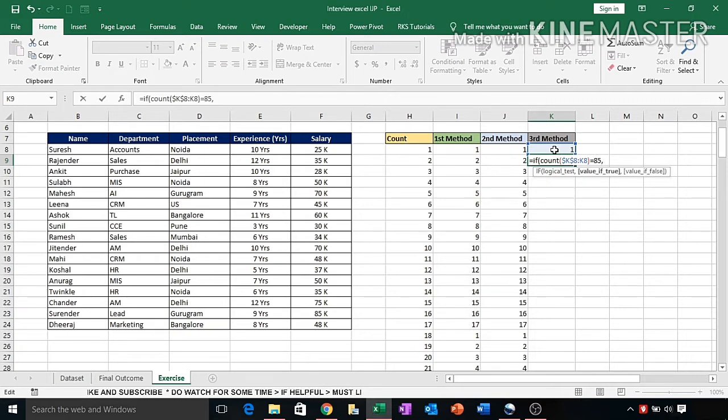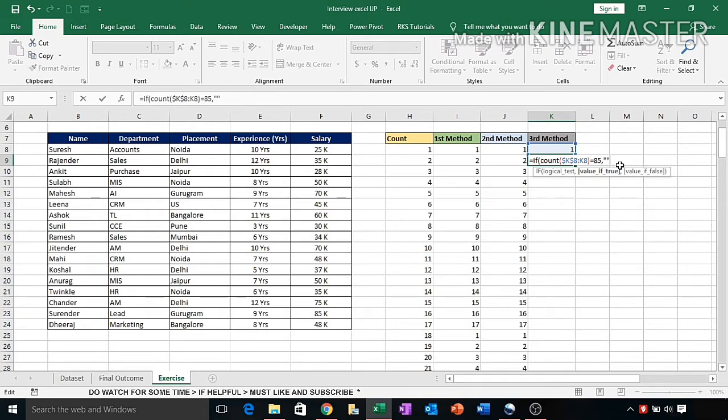What are we doing here? Actually, we are counting the numbers starting from this cell, and when we paste the formula in all the cells below, it will start counting from this cell to how many numbers we have completed. So if the numbers have completed up to 85, then it will do a different task. Like we give it an instruction: if the count from this to this is equal to 85, then it starts inserting blank cells.